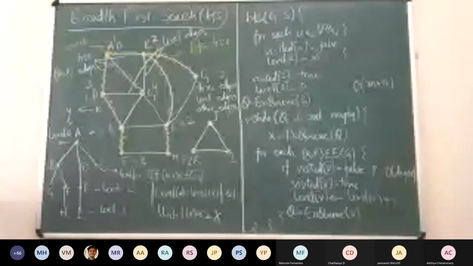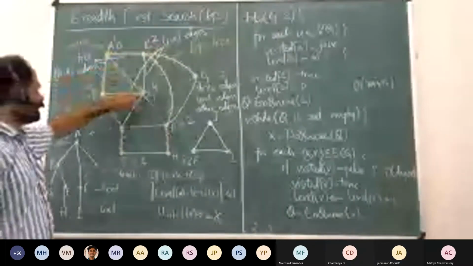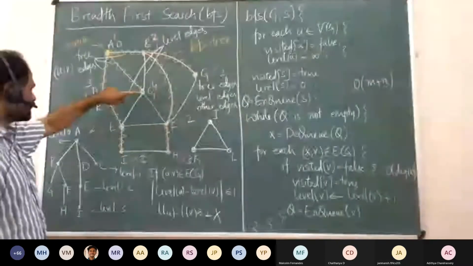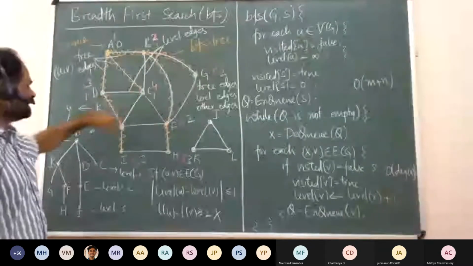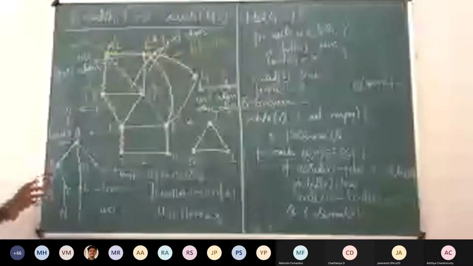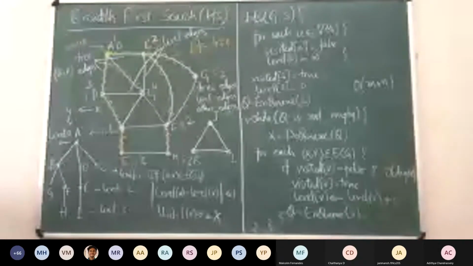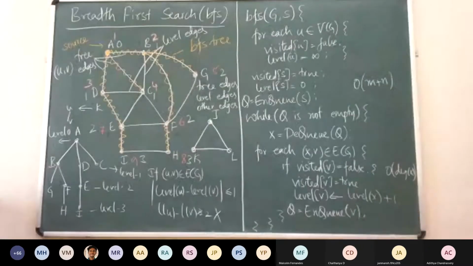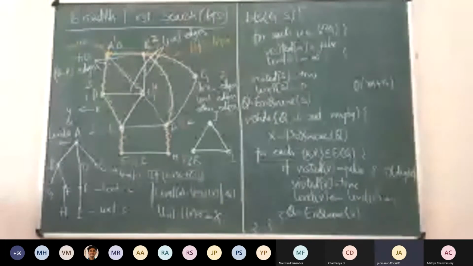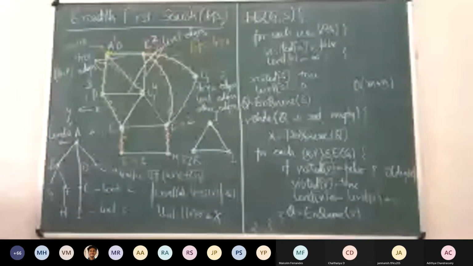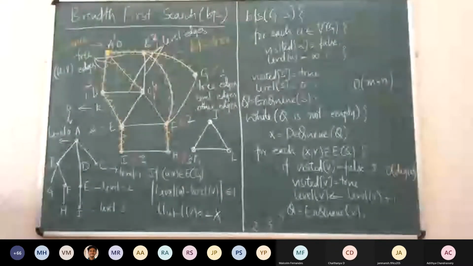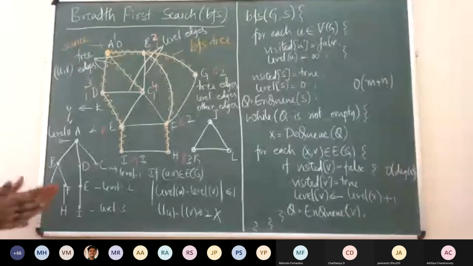For example, here BC is a level edge, DC is a level edge, right? While if you consider CE, CE is just some other edge. It is neither a tree edge nor a level edge. So we are not so much bothered about that sort of an edge. In some application we might need it, and at that time we will define it. As of now, we don't require it. Good.